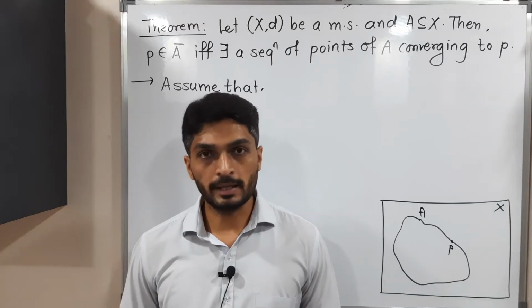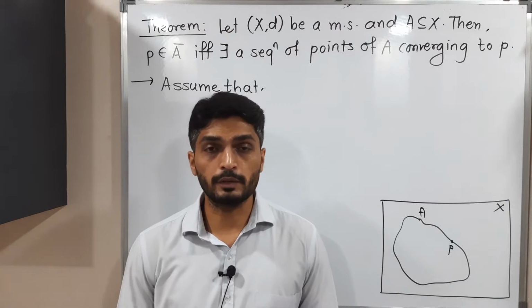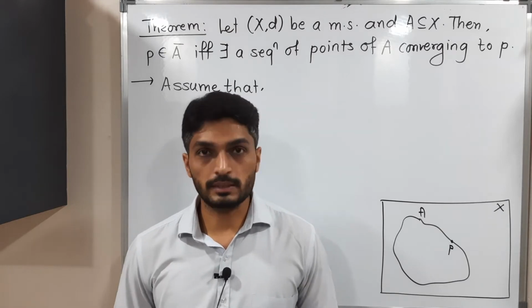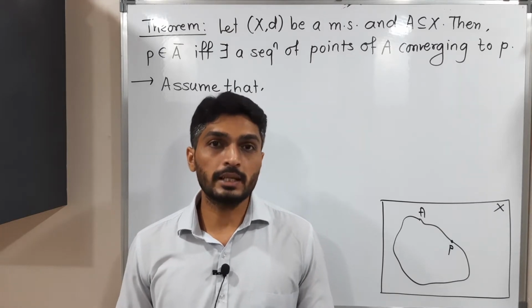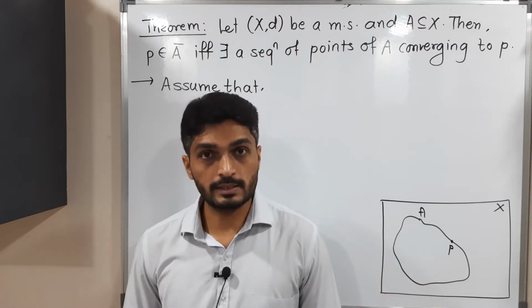Let us discuss this theorem. Actually, this theorem is similar to the previous theorem which we have seen in the last video. There is a very small difference. Let us discuss it. So this theorem says, when we have a metric space (X, d), A is a subset of X,